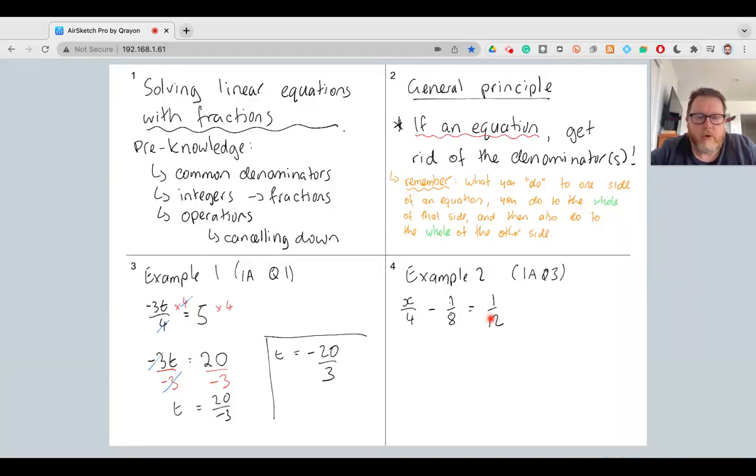We've got 4, 8, and 12. Now, the common denominator is the first number that all of the denominators will go into. So we've got 4, 8, and 12, and the lowest common denominator there is